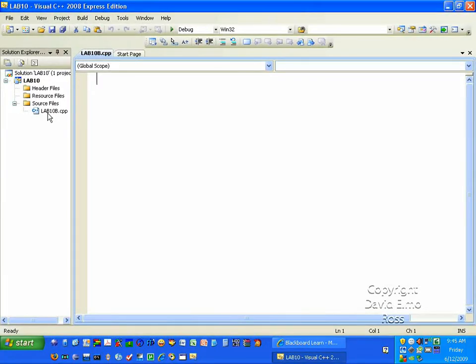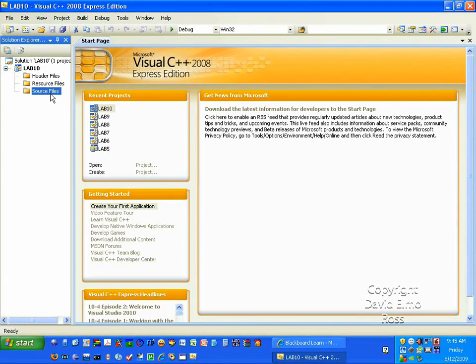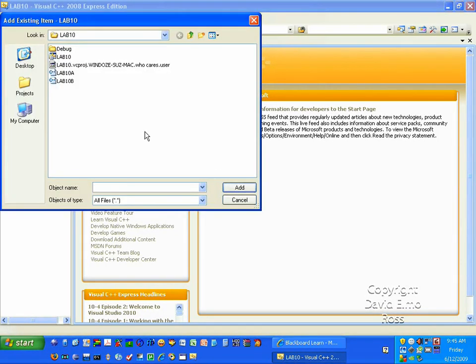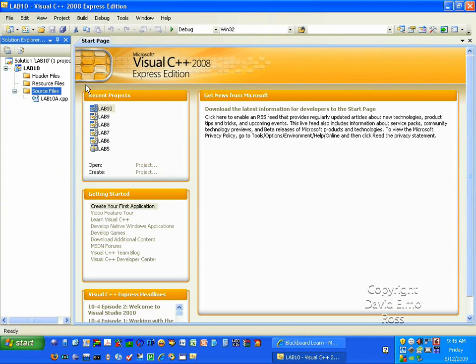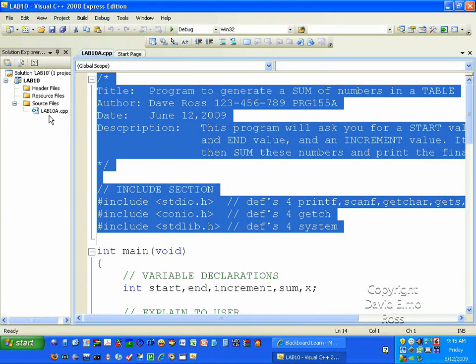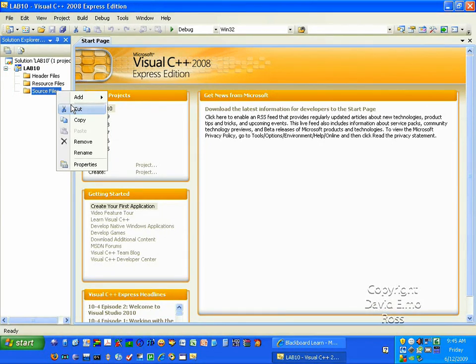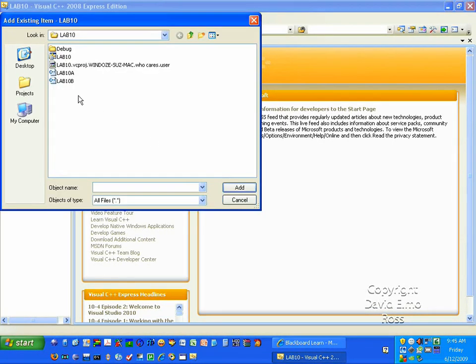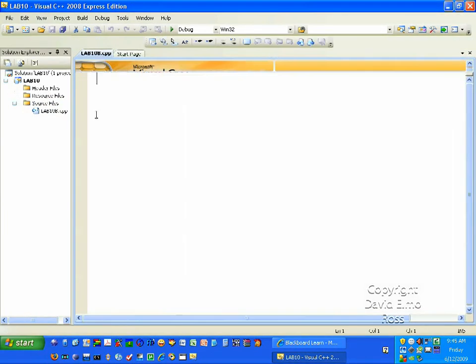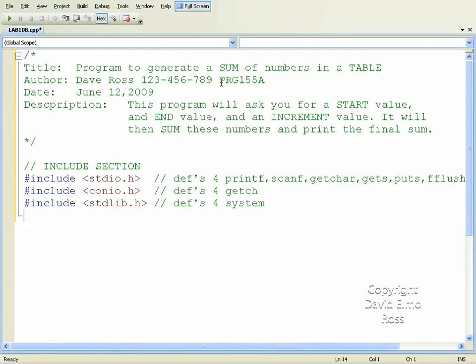So let's do something and save ourselves a little bit of time. Right mouse click, let's just remove this. And right mouse click again, add existing item. Let's bring back Lab 10A and go here. And let's grab this, because we're lazy, Control C. Let's remove this again. And since we've already created it, let's add existing item. Let's bring up Lab 10B. And when we go here, we can actually just go full screen, Shift Alt Enter, and Control V that in, and we've got something. So this is programmed to generate a table of values, a table of numbers